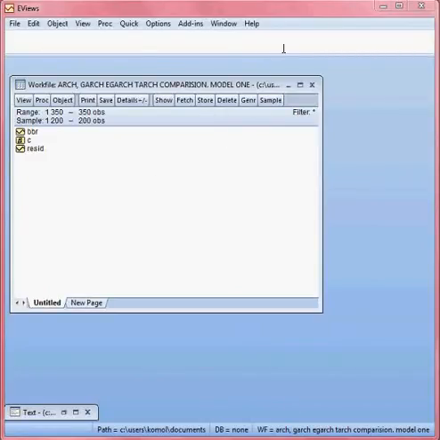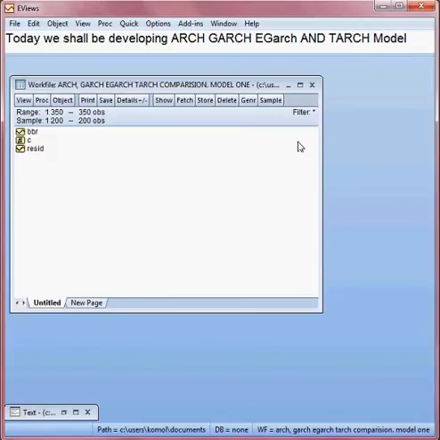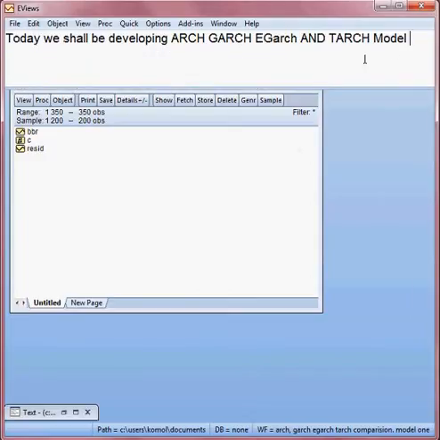Today we shall be developing ARCH, GARCH, EGARCH, and TARCH models using EViews,